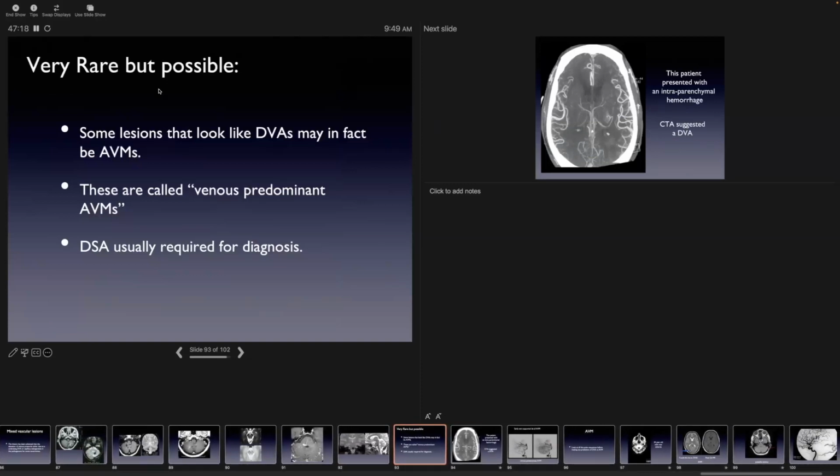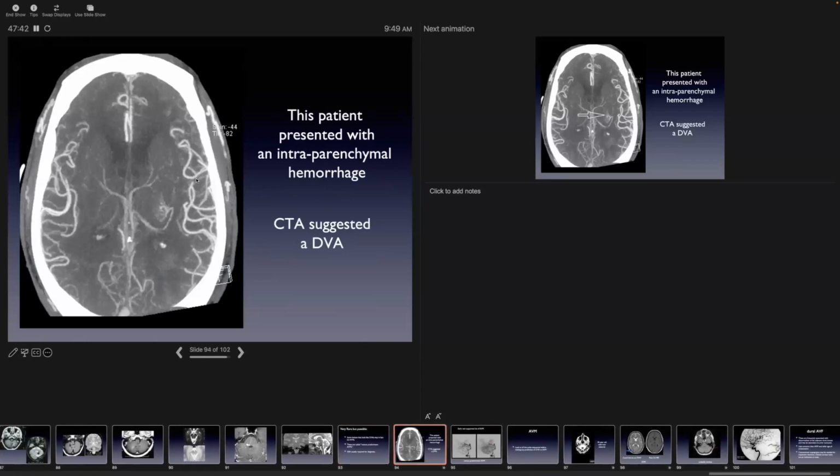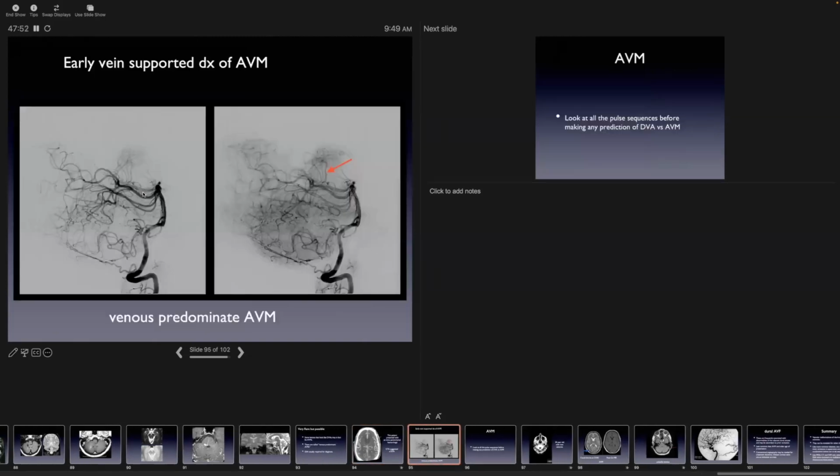Now, I'll bring you the last category that is a relatively new concept, and I find it a really troublesome one because it really does push you to angiography in a lot of cases: there are lesions that look like DVAs, but can in fact be arteriovenous malformations. These are usually called venous predominant AVMs. Now, here's a patient we had who had a hemorrhage, had a CTA. This looks like a DVA on this MIP image from the patient's CTA,